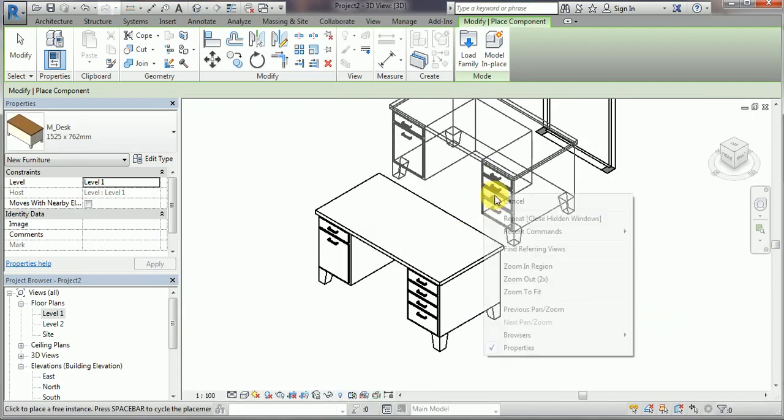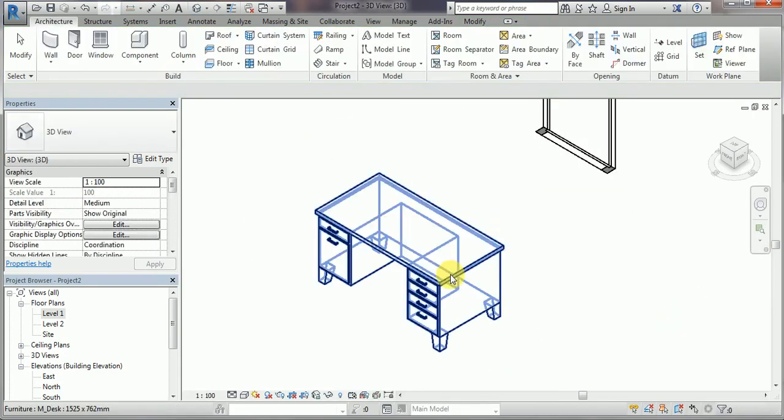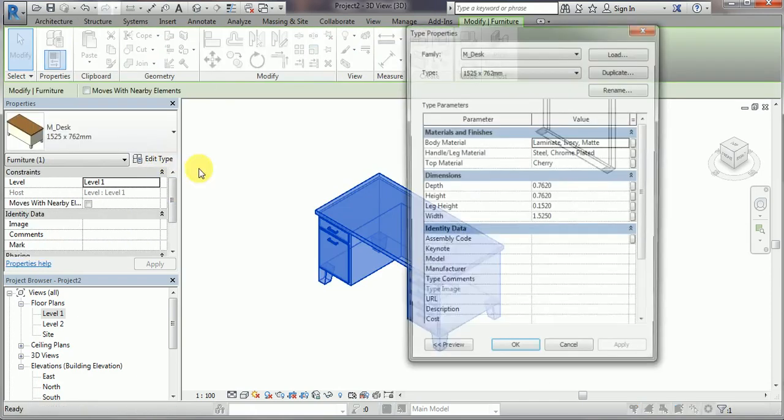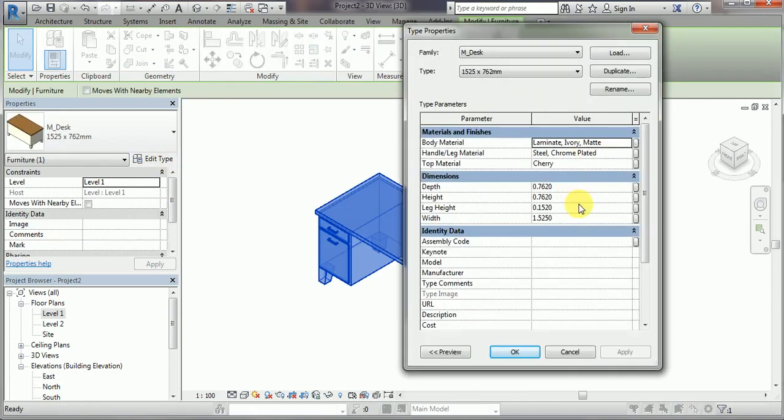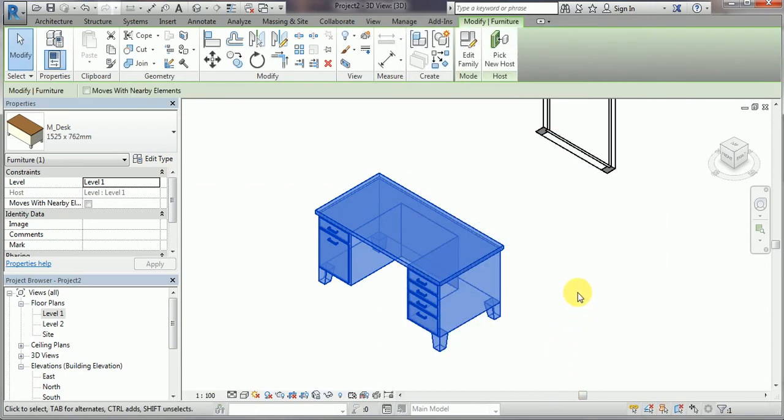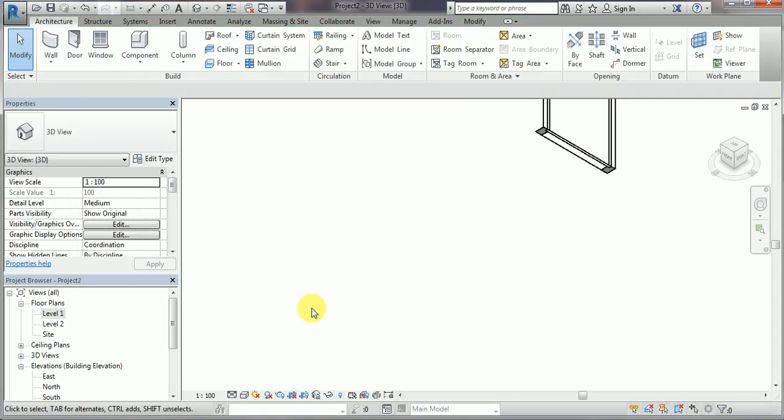Like this is a desk, and you can see that I have imported this here on screen. Some of the parameters of this desk can be edited from the type properties: depth, height, leg height, width. Actually it is created on a family platform. We'll see that family thing in another video. So this is a 3D component which is created by default with Revit libraries, and now we'll create our own here